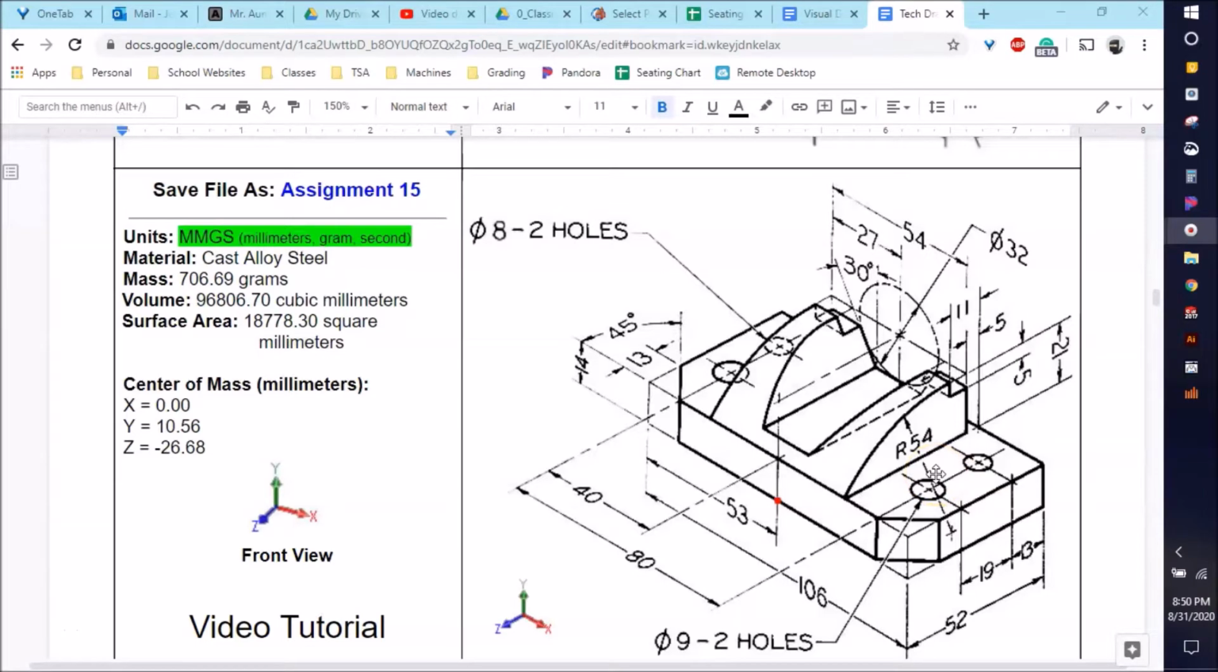Hello, this is Mr. Jared, and in this video tutorial, we are going to be 3D modeling this object in SOLIDWORKS. So the first thing I'm going to take note of here is my origin,